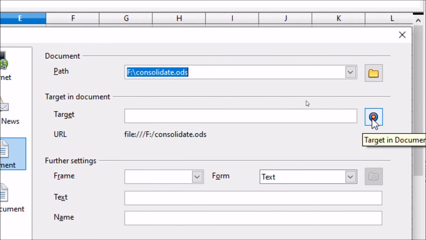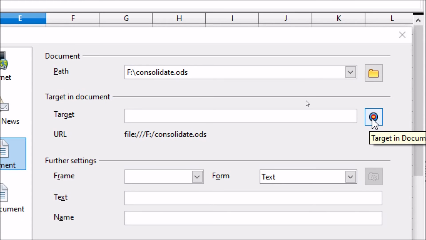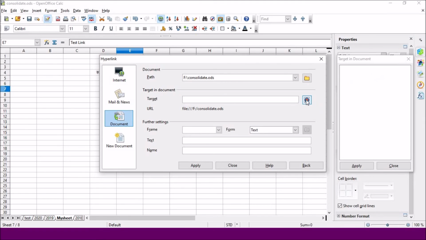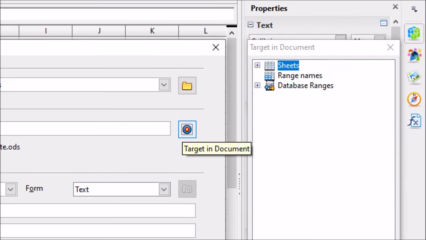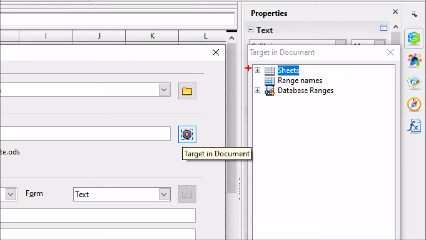So I'm going to click on this option, target in document, exactly which file sheet should be opened in this document. For this purpose I clicked over here, and the moment I click on this circle option, we are getting a list of options in the right pane, and here we are getting the option sheet names, sheets over here.